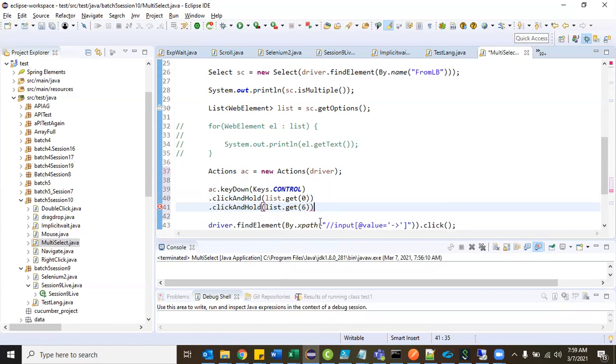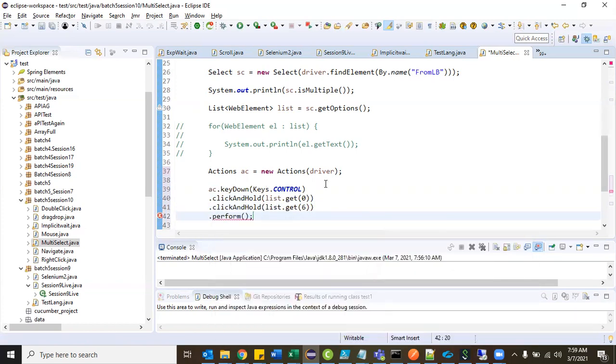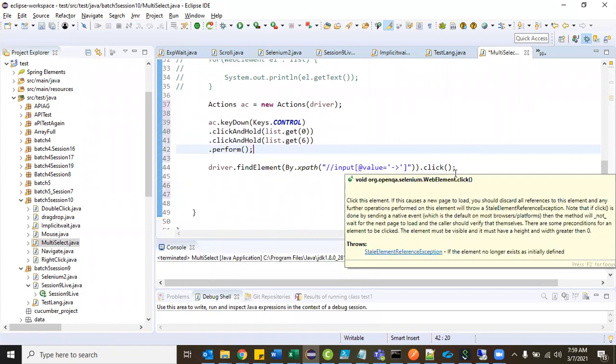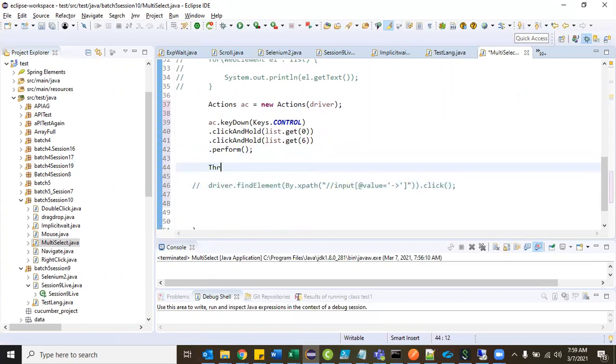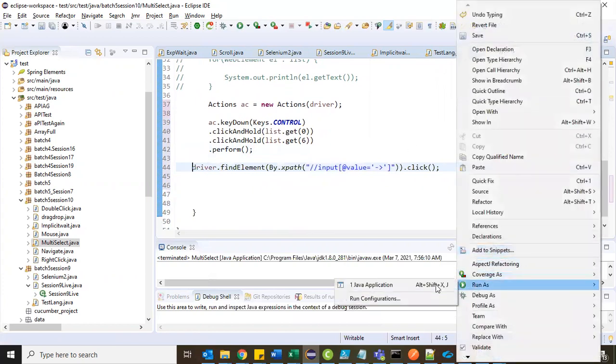So it will do till sixth index or one minus. Okay, then dot perform. After that it will select all the items, then it will click on that particular box, and then okay, before that I'll tell you one option. You can deselect also. Maybe first of all we'll complete this thing. Okay, then if I run it,